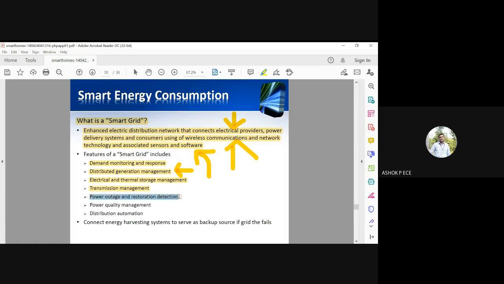Power outage. In case of power outage, how are you going to alert the people and what mechanism do you follow to restore the power? Power quality management. What is the quality of power you receive, whether you receive a constant 230 volt 50 hertz or a reduction in voltage? Even if you receive that, what is the remedy you're going to apply? Distribution automation. So you are going to do everything in an automated way. To connect energy harvesting systems to serve as a backup if the source grid